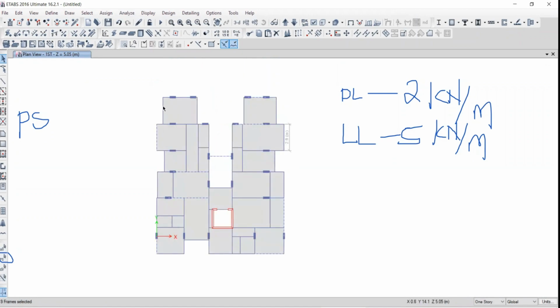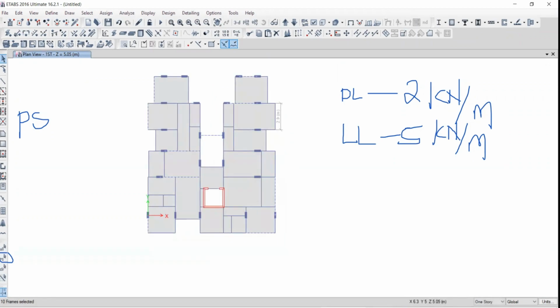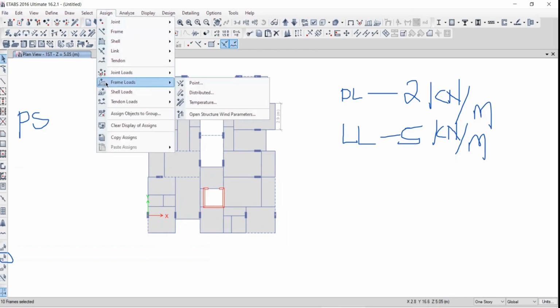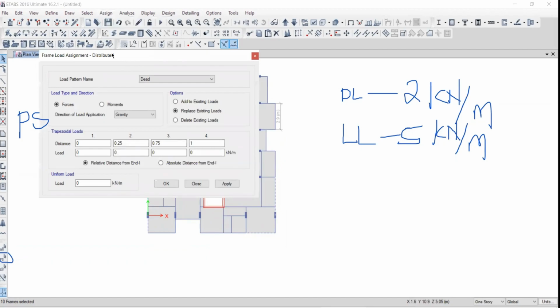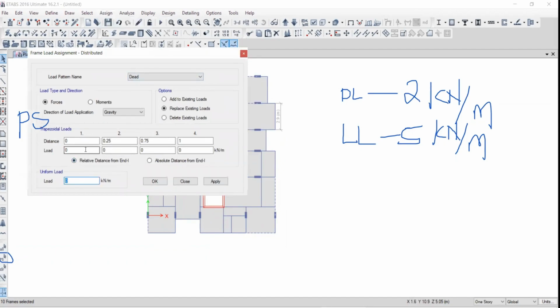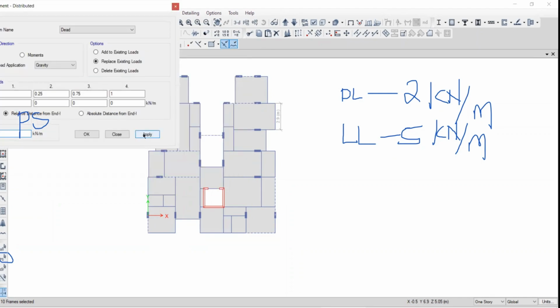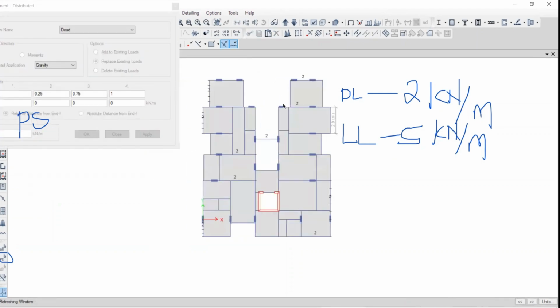So these beams, how many frames? 10 frames. ठीक है, ये फ्रेम्स को मैंने आर्किटेक्चर प्लान को देखकर एक मर्तबा टाइम स्पेंड करके सिलेक्शन किया. Now I have to assign 2 kilonewton to all these selected beams, then I have to assign live load 5 kilonewton to all these selected beams. तो क्या करूंगा, go to Assign, go to Frame, go to Distributed. तो यहां पर मैंने अंडर डेड लोड 2 kilonewton अप्लाई कर दिया. Say Apply,